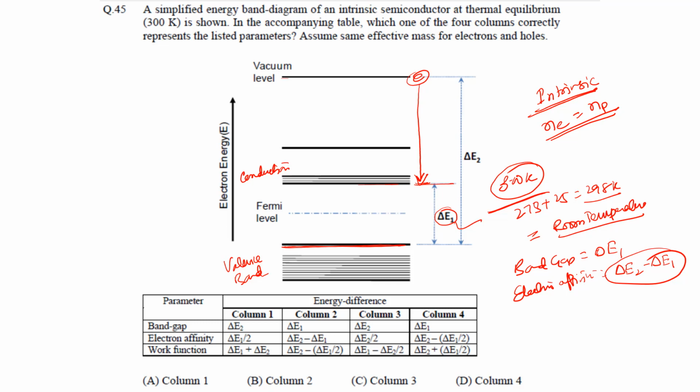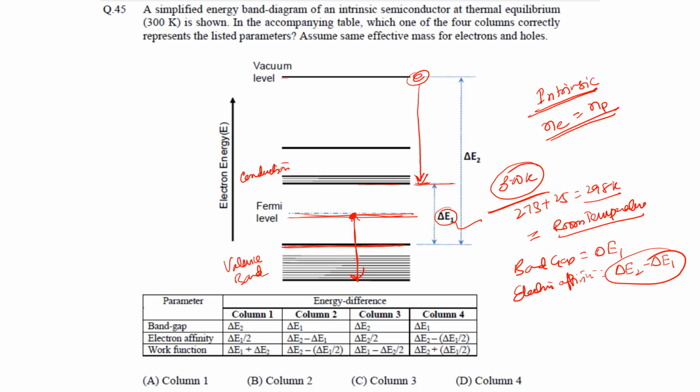Since energy levels are different for different electrons, the energy at the Fermi level is the energy of the electron at the highest energy which the electron has at that temperature. Basically, whatever the temperature may be, the highest energy level which one electron has is defined by the Fermi level, right? So this will be the highest energy level at this temperature, that is 300 Kelvin. That is basically called the Fermi level.